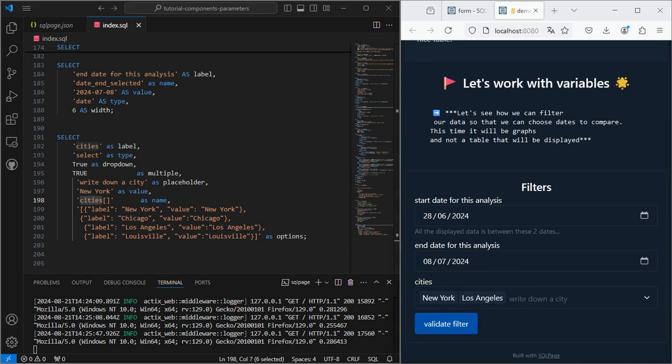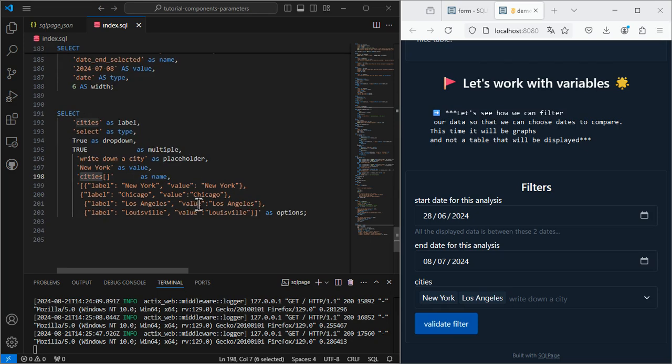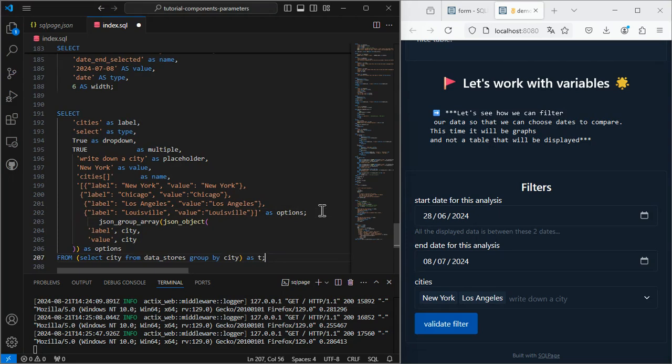Side note, I manually entered the values for 4 cities. But if you had a data set with hundreds of cities, you could use a JSON function like this to automatically display all available cities in your dataset. It basically creates the list of all cities available.